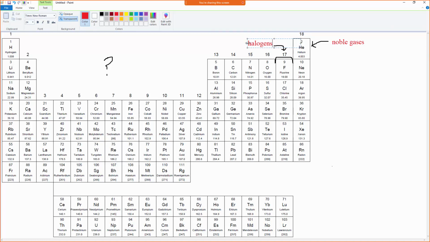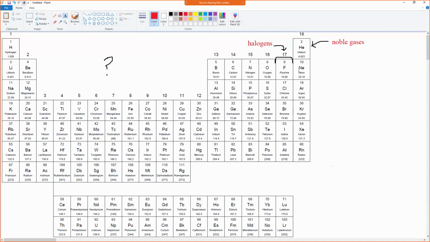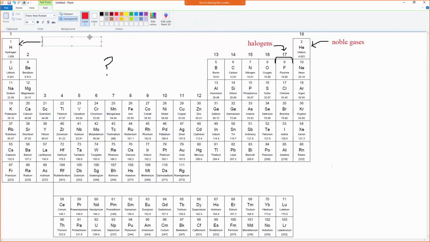All right. Some of these other columns have special names that you don't need to know. Like these are called the chalcogens with oxygen, sulfur, selenium. I'm not going to test you on that. We don't have names for these that you guys need to know, but on this other side, we have this first column, which consists of the